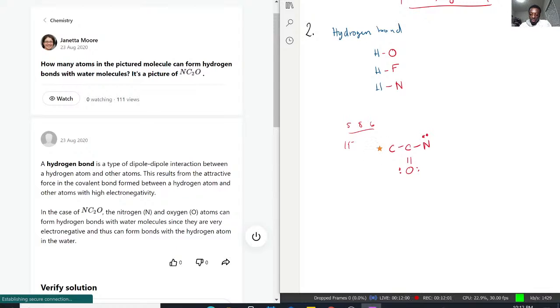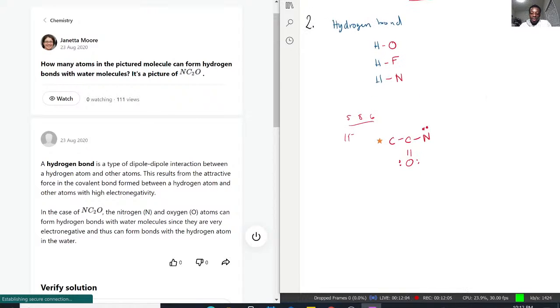So, with that being said, what's going to happen here overall is that because hydrogen bonds are between the HO, HN, and HF, what this question is really asking, although it's kind of in a convoluted way, is which one of these things present in NC2O can actually form a hydrogen bond with the passing water molecule, which, by the way, is